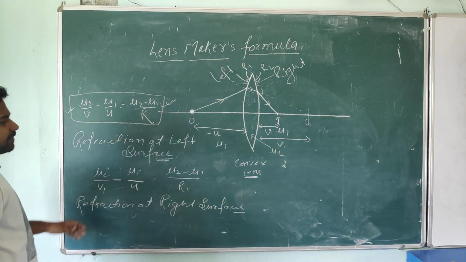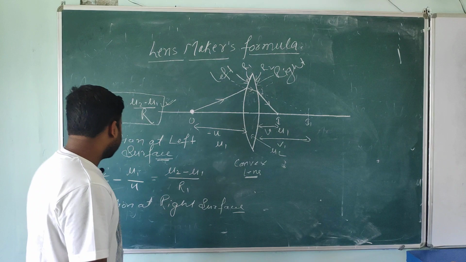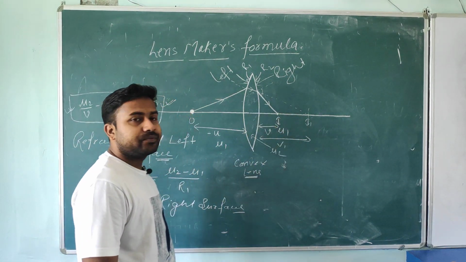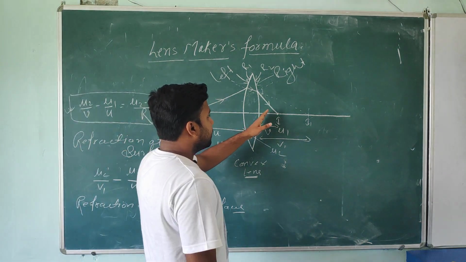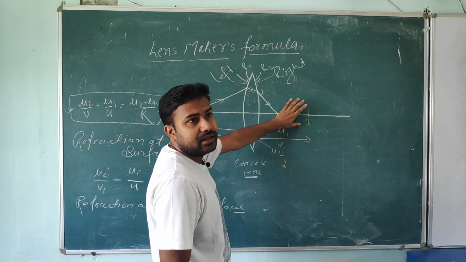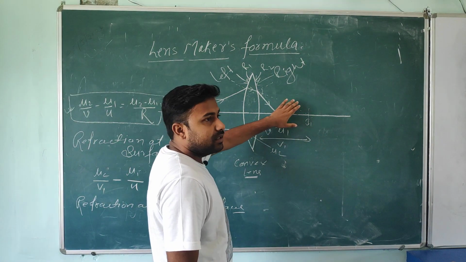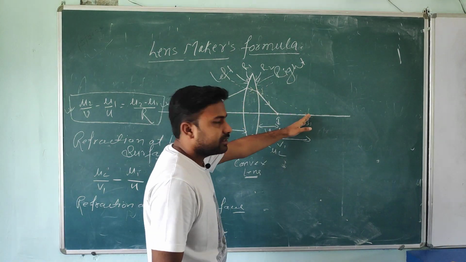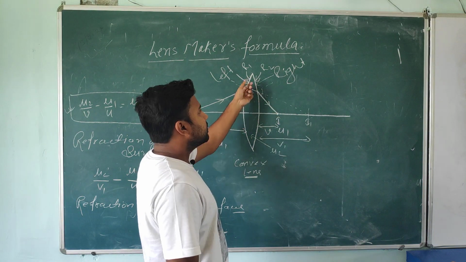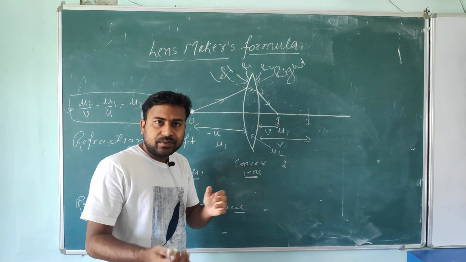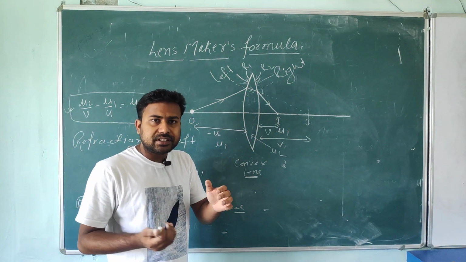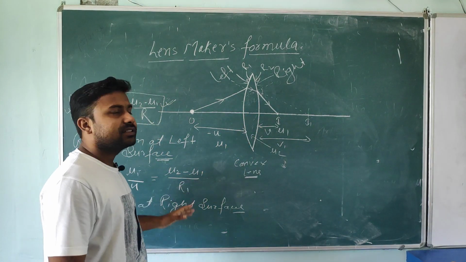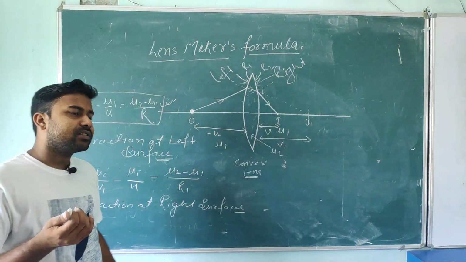Okay students, if the refraction phenomenon is happening at this right surface, now what can we write? Look at this, where is the image forming? Our object is at this point. What you can assume here is that this refraction is happening between the denser and the rarer medium. Earlier it was rare to denser, and we wrote it like this. Now here it's happening from denser to rare.